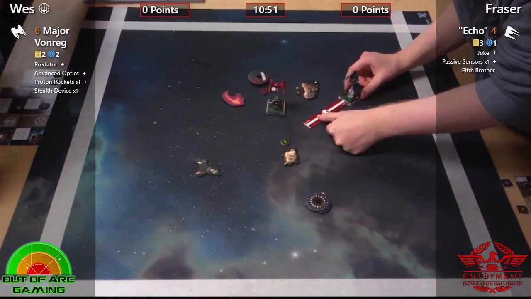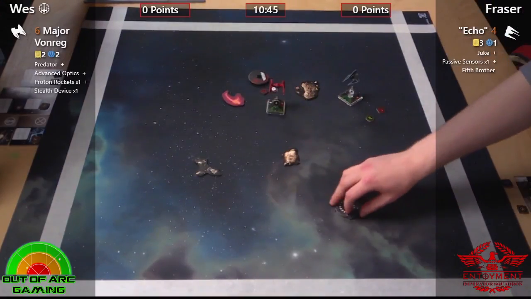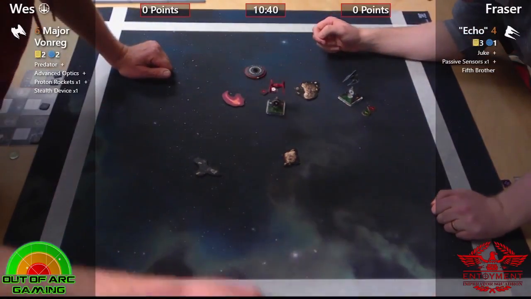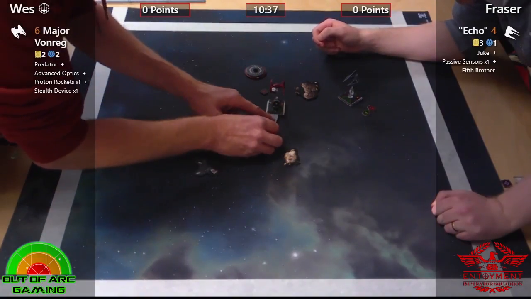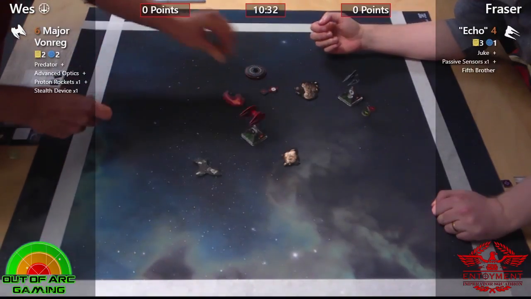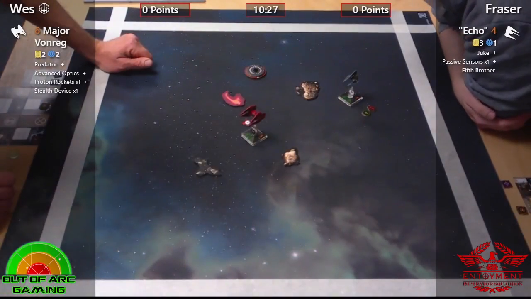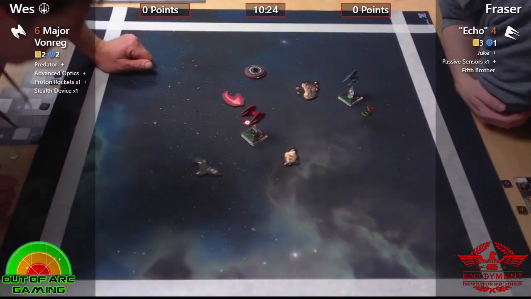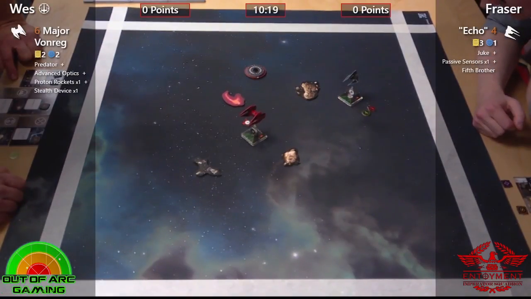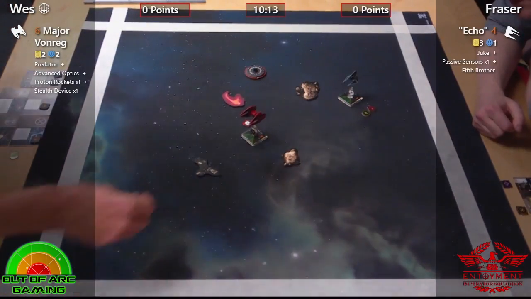Because I think it'd be difficult for Wes not to be shot there. But if he did do the 1 hard to ship left towards Fraser's board edge, with the decloak being in the system phase... Yes. Does Von Reg's ability happen after decloak? Because Von Reg's thing does say during the system phase, and he's higher initiative. That is interesting, actually. It's an obscure thing, so it probably got missed, but potentially Wes could have